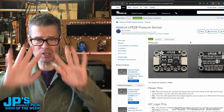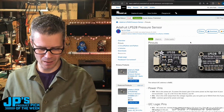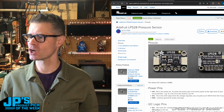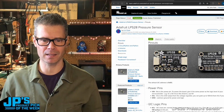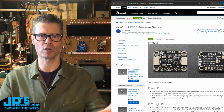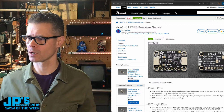And cruise around that page, no hands. When I show you, I'm not cheating and using a real scroll wheel, just by changing the pressure at the sensor on the board there. So let's see if there's any questions in the chat. I think this one's pretty self-explanatory. It's a barometer. You can use it for just weather stuff, but you can also use it for some of these more interesting